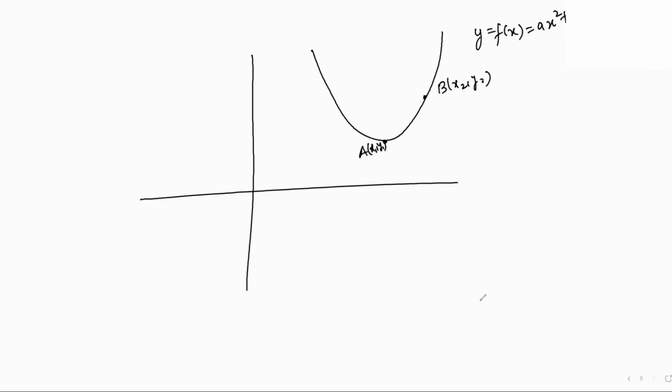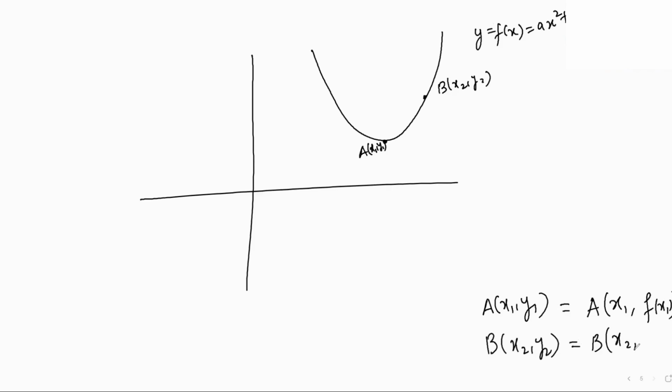When I say x1, y1, it is understood that these coordinates are the same as this. Is this clear? Because y1 is nothing but the output of the function at x1. Same way, when we talk about this point, it is again understood that y2 is nothing but the value of the function at x2. Now see what happens if I talk about this curve and draw a line joining